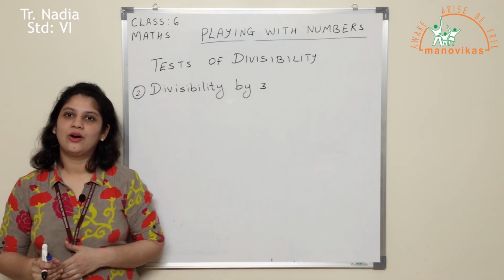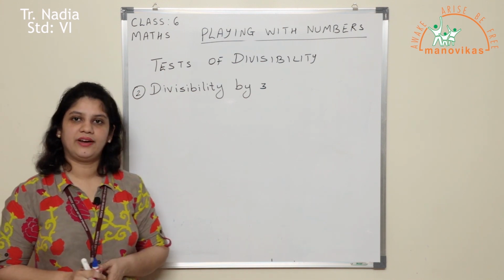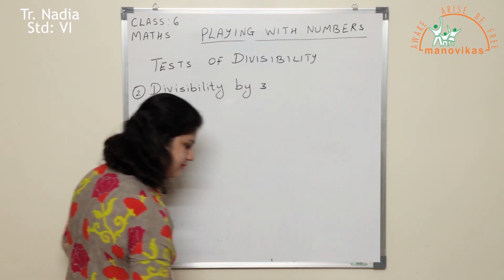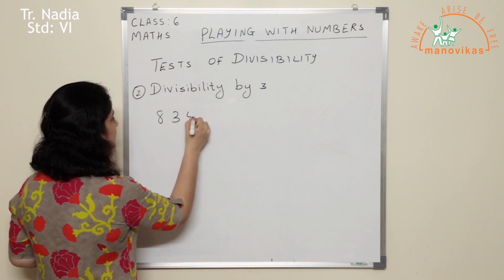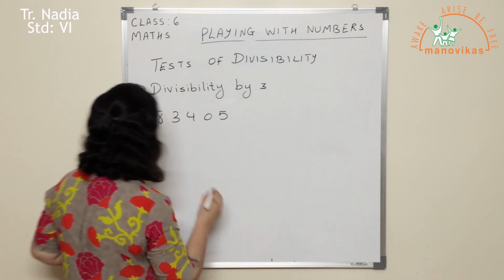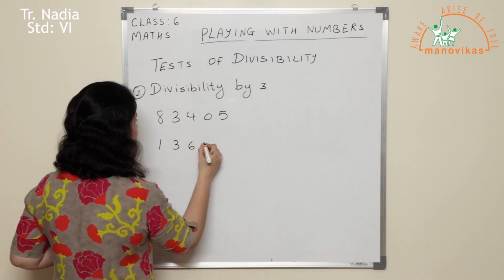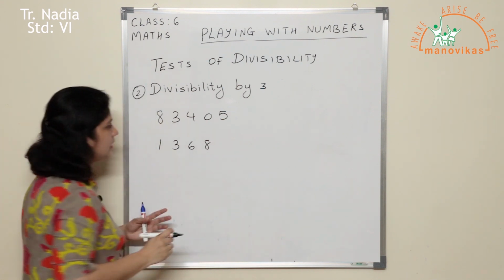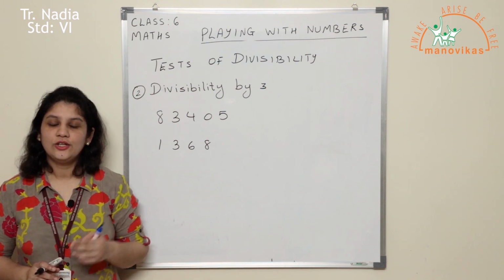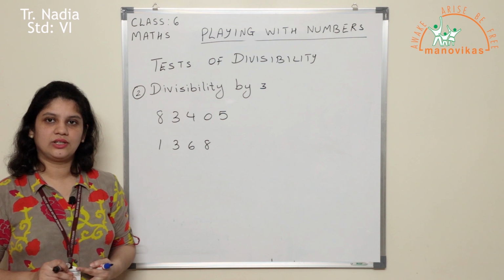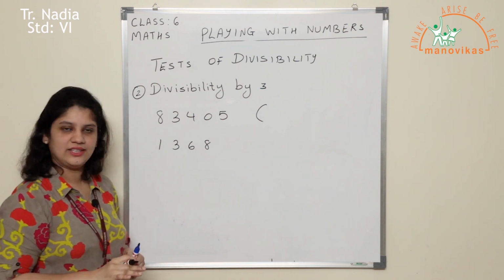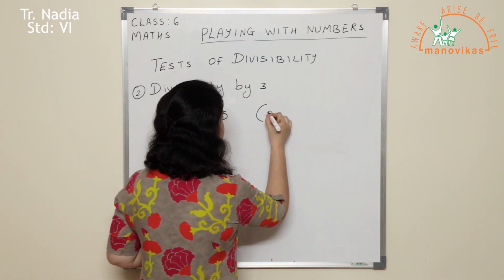Okay, so now let us check how to do divisibility by 3. How do you verify whether a number is divisible by 3 or no? Let us take a few examples. Okay, these are the two examples which I have, and I want to find out whether these numbers are divisible by 3. So what do I need to do? I had told you all this also earlier. You need to add up the digits and check whether the total comes in the 3 times table. So let us add up the digits here.